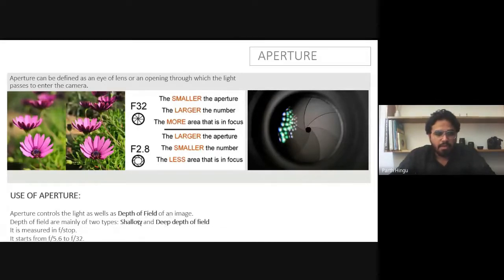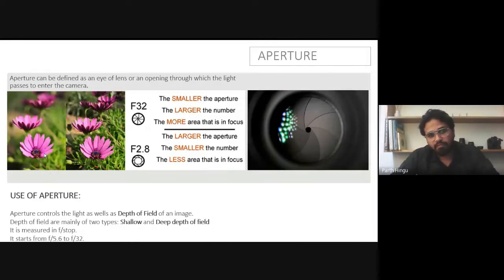There are two types of depth of field: shallow and deep. For shallow depth of field, if you want to focus on a flower over here, you just need to lower your f-number, or widen your aperture.